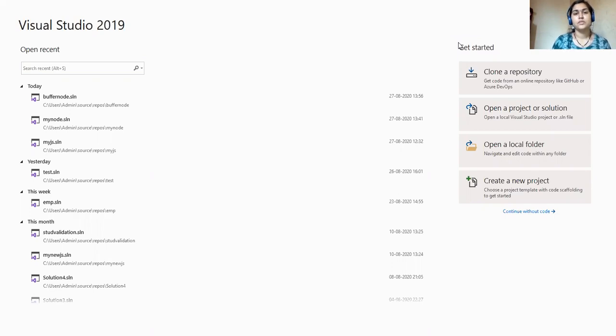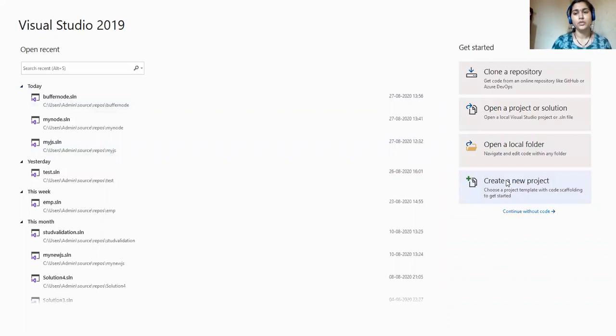So, we will just go through the Visual Studio setup. Basically, I have installed Visual Studio and I'll run my Node.js programs on it. Whenever you open Visual Studio, you'll get this screen. Whatever projects we have created previously, that list is shown over here. I'll just create a new project.